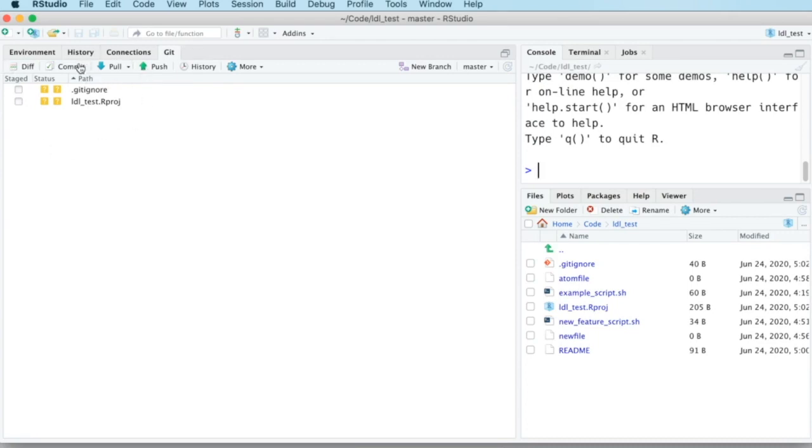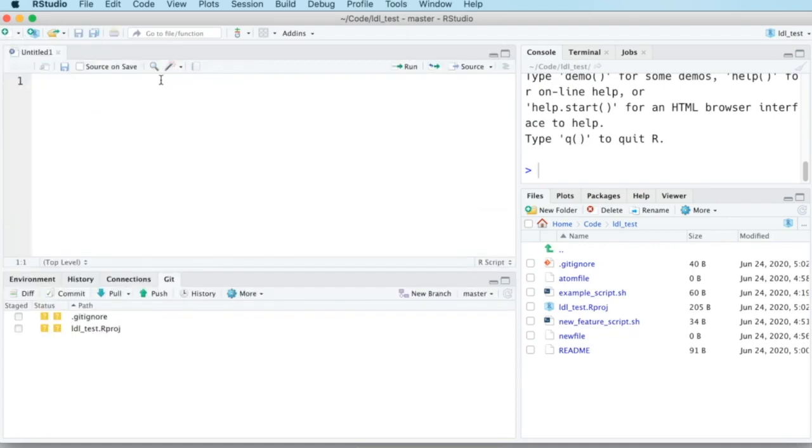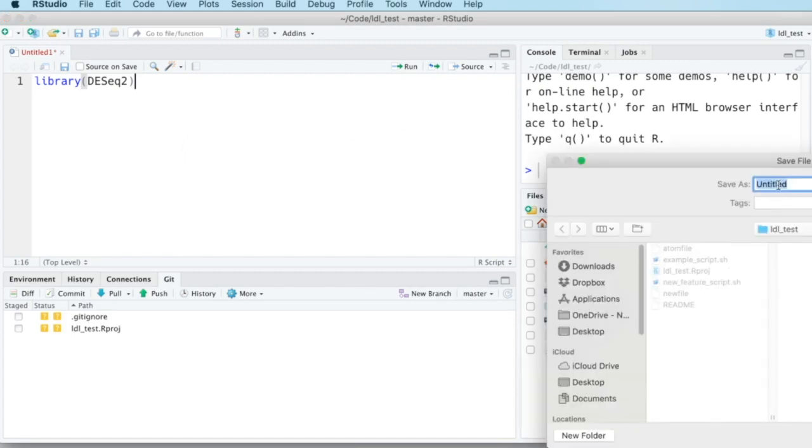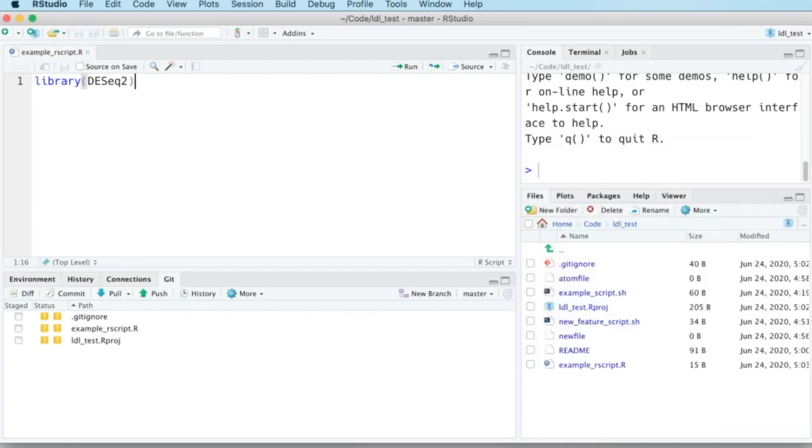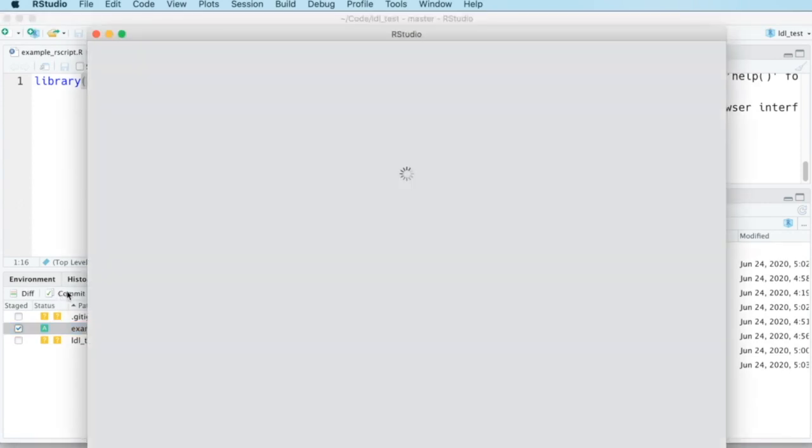So here we've got two files which are not tracked by Git: our gitignore and the R project file that we just created, because we just created an RStudio project in this directory. If we now create an R script and save it into our repository, again it appears here in the Git pane, and we can stage it, and then we can commit it. The tick there will add it, and then we can commit that change, and it will pop up